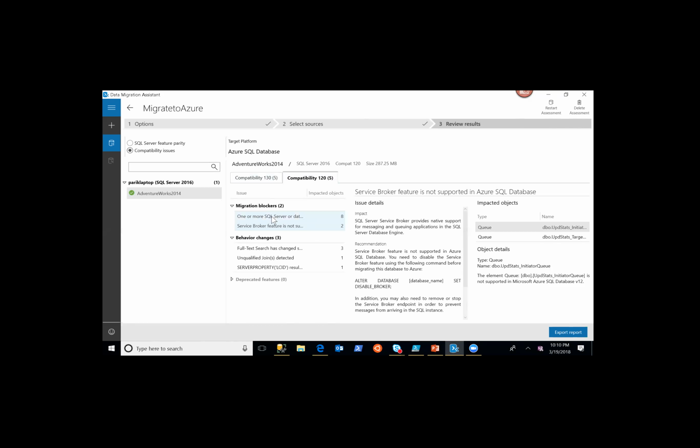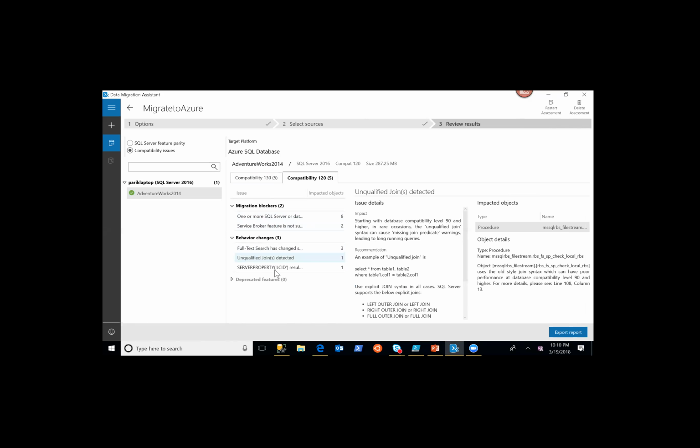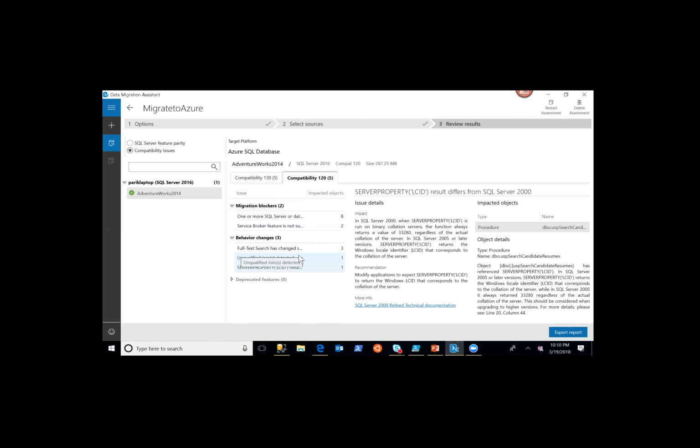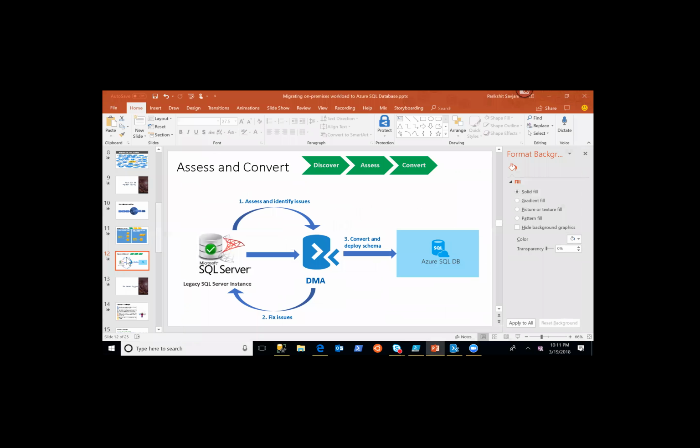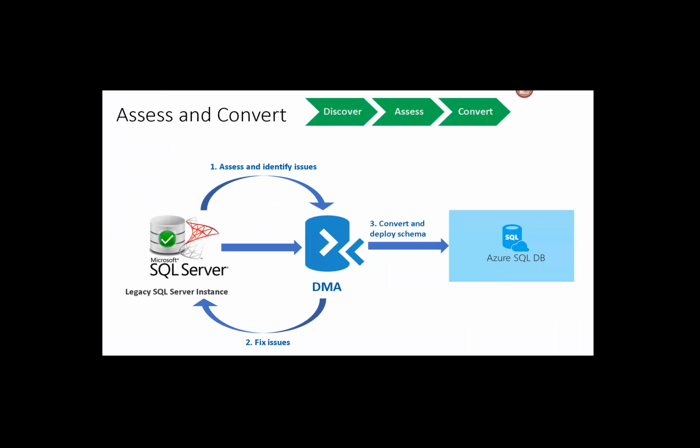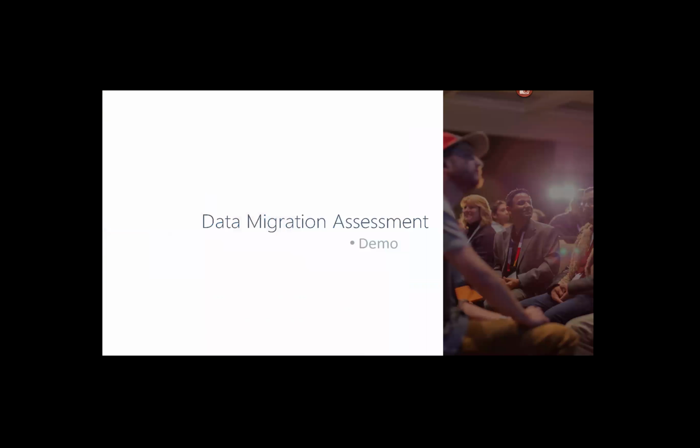So this is how it will analyze, and I'm not going to go into the specific details, but you can identify what all the issues are, go through it, and identify the objects where that particular issue was found, and fix that. As you fix that issue, you will be creating scripts and fixing it on the source, so that source becomes ready and becomes compatible to move towards the target. So that's the goal of the DMA and assessment phase. That is what you will achieve in this phase.